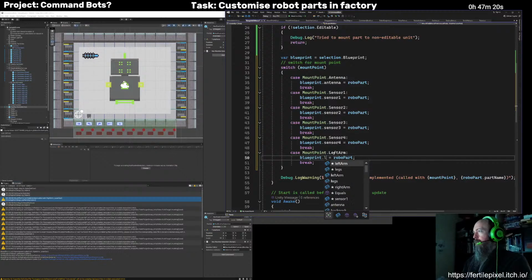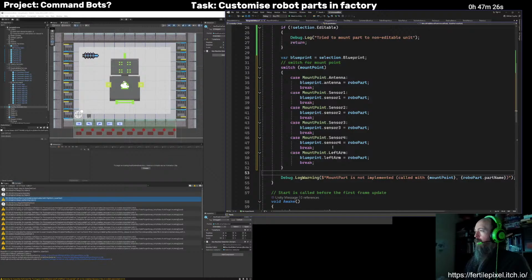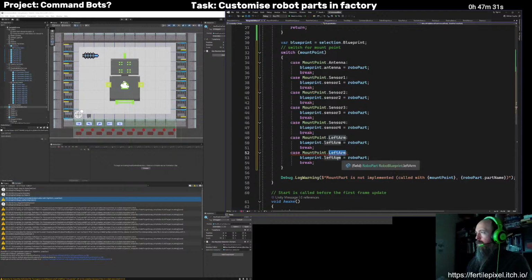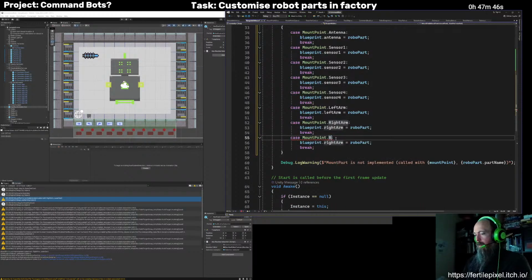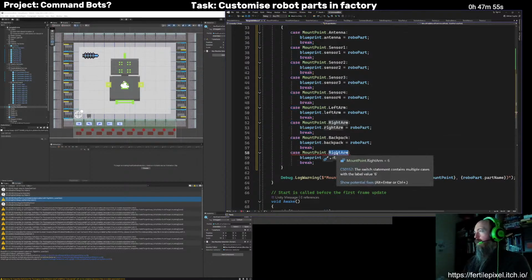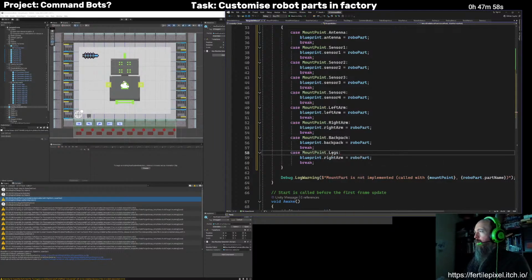I'm sure there'd probably be a way to just map to this name and just use reflection. Okay. So let's grab the backpack. And the legs. And I think that actually covers every case.